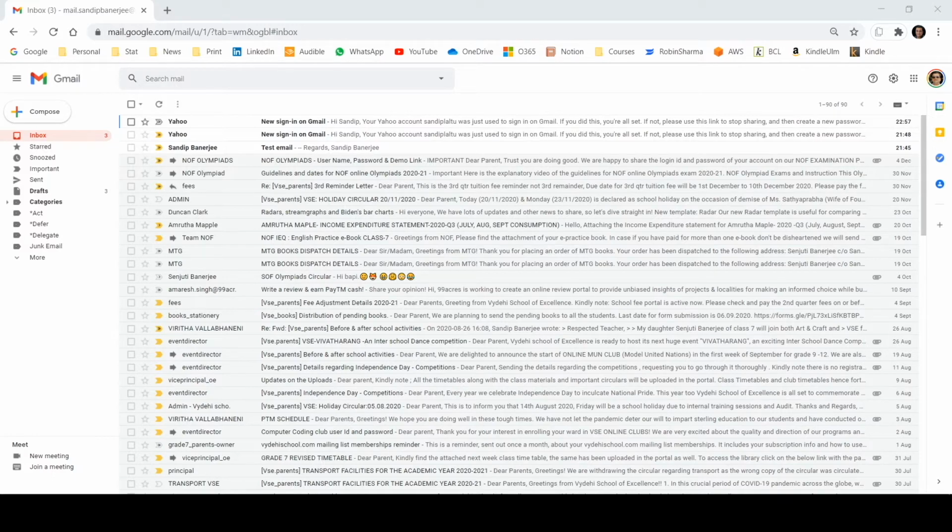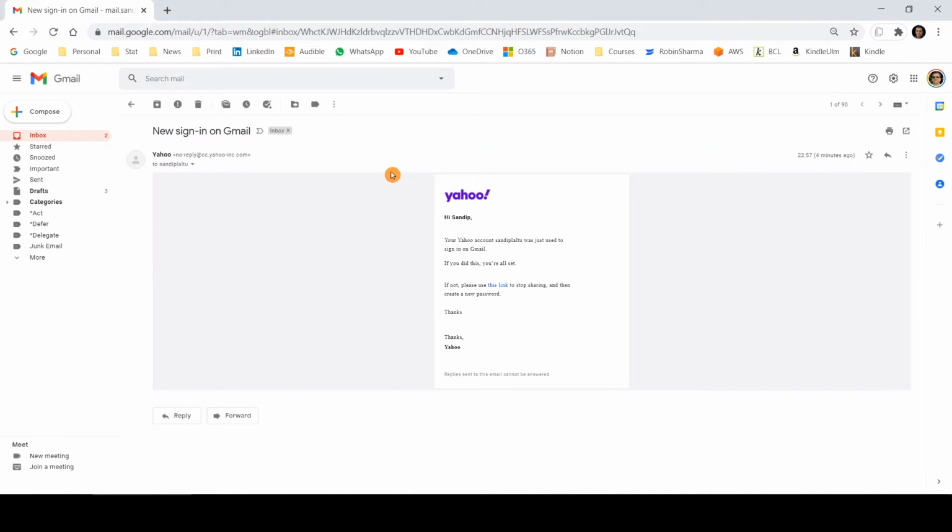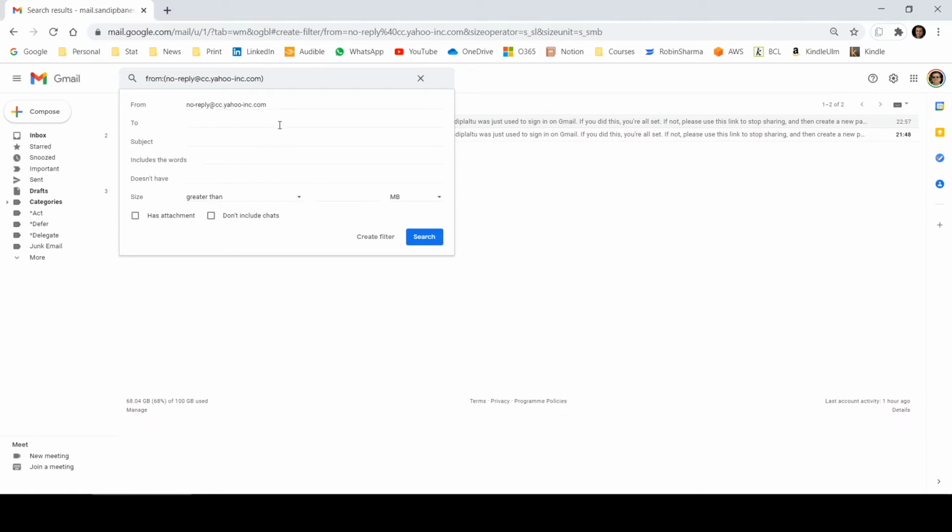Once this is configured, the next question is how you are going to determine from which account a mail came. That is a very important thing, or else you need to open that email every time to understand the source of that email. So let me do one thing. If I click any of the emails and then go to these 3 dots and create a filter from here, I click on Filter messages like this, and it will give you some options.